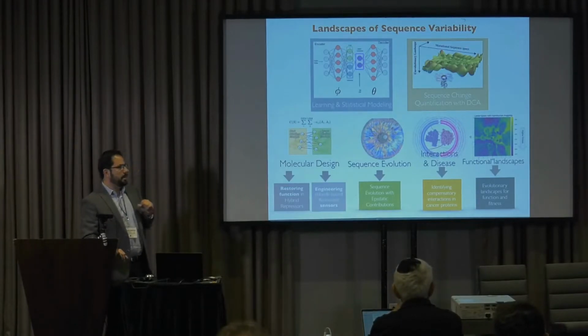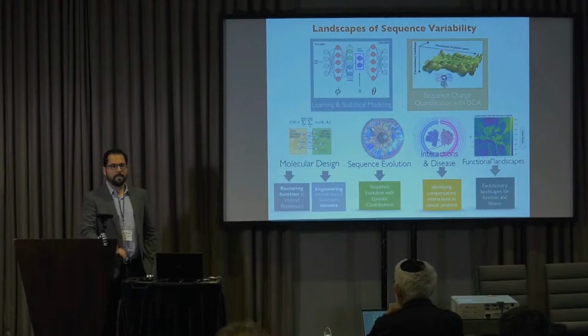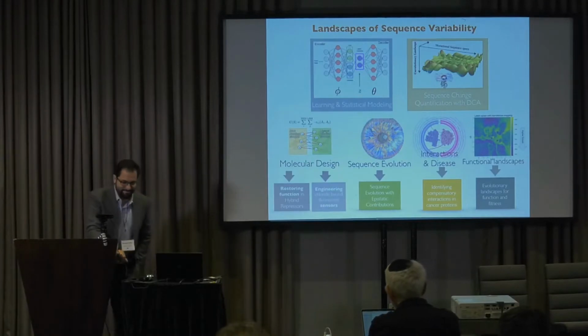And finally, can we extend this into the idea of functional landscapes, where you have sequences, you can cluster them, but also you can say how the space of changes is allowable, and where we can go from the natural sequences towards something else, either preserving function or going to areas of neo-functionalization? This is what we're also doing recently. Okay? Thank you.